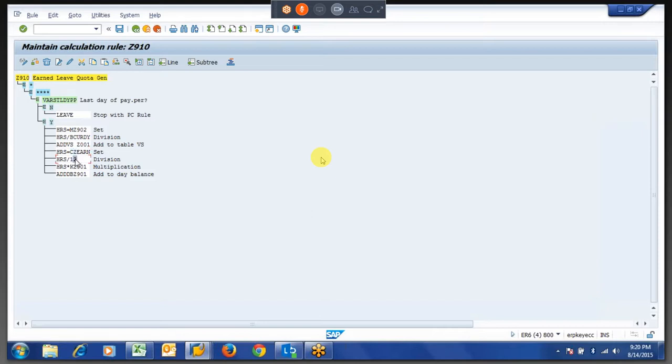Then we are taking a constant from 511K table, ZEARN, that we maintained as 30. Then I am dividing it by 12, because we want monthly value. We are getting this 2.5. That I am multiplying again with the constant which we stored in the variable using K. Whatever the output we got, we are pushing to this time type. This time type was linked in the configuration. That is in set base and date.